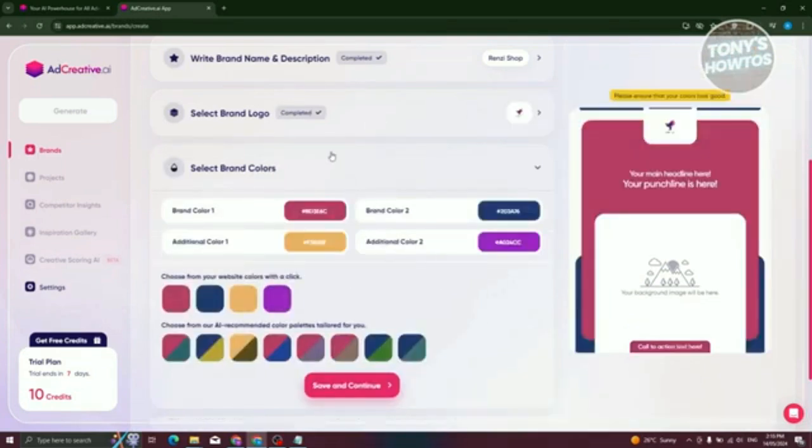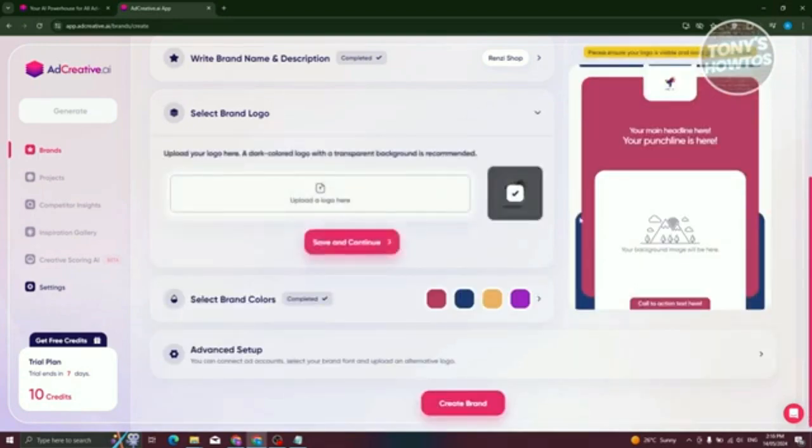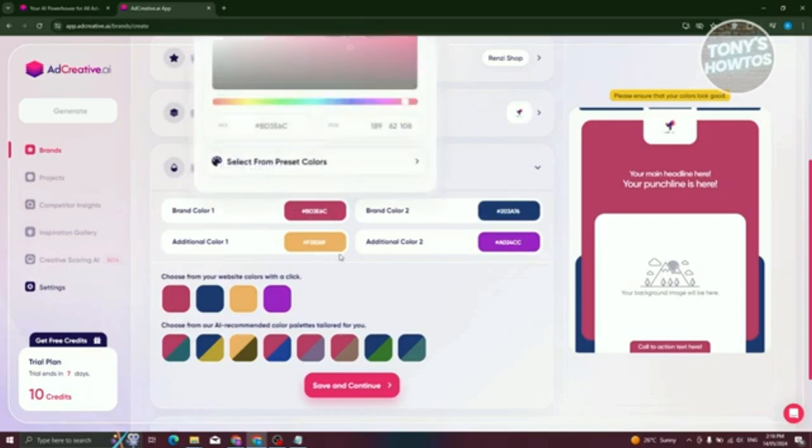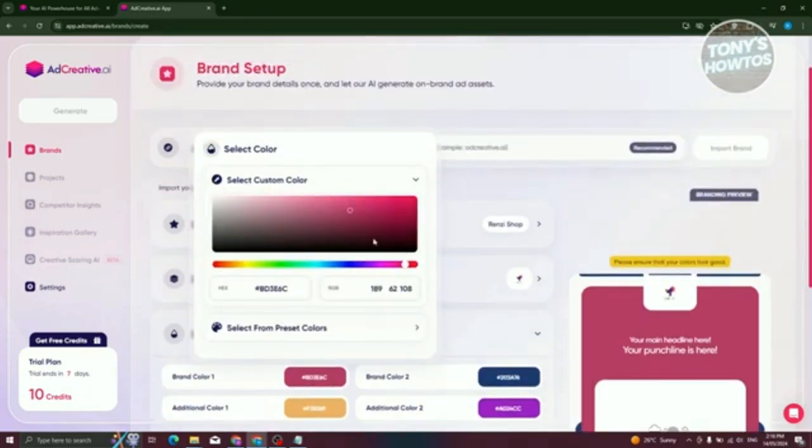Now, in this case, whenever you actually upload your colors here, as you can see, this is the brand color we uploaded. So this is going to be the suggested brand colors that we could use for our brand. In this case, you could go ahead and just change the brand colors here, like brand color 1. Just click on it, and you should be able to see or basically set the value for it. Now, if you want to set the hex value here or RGB here, you could go ahead and do that,